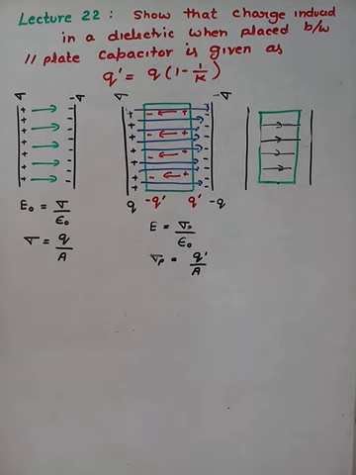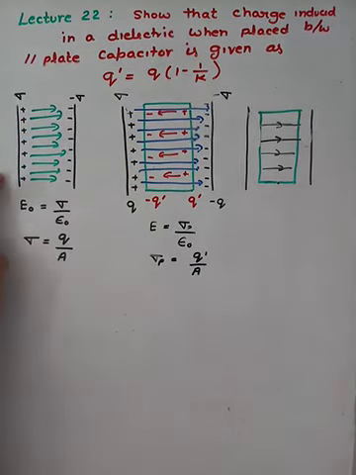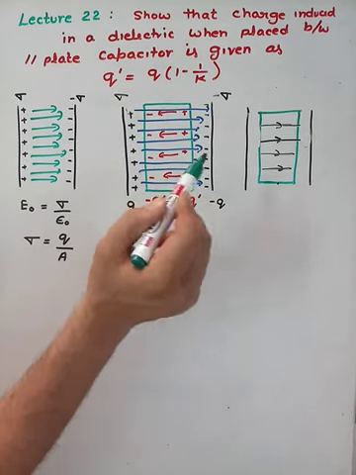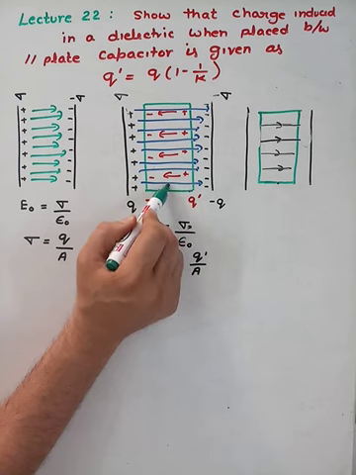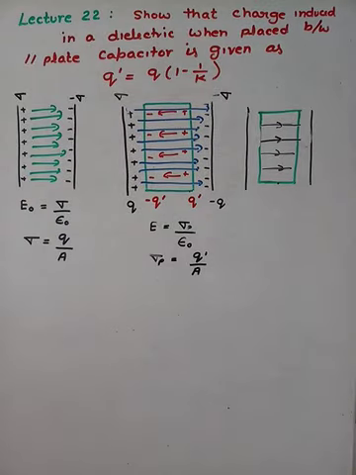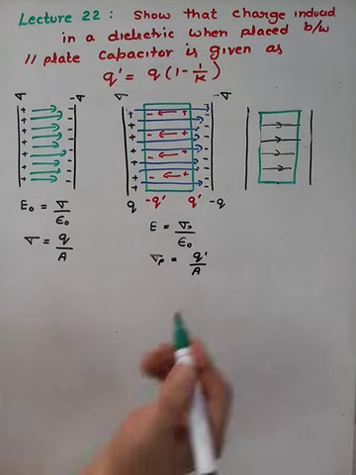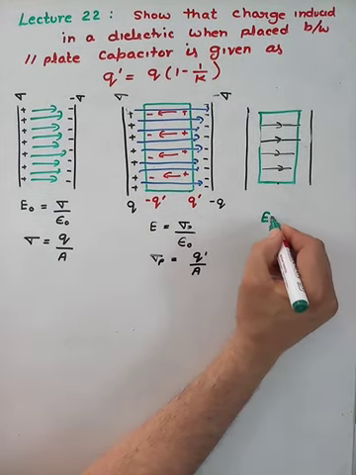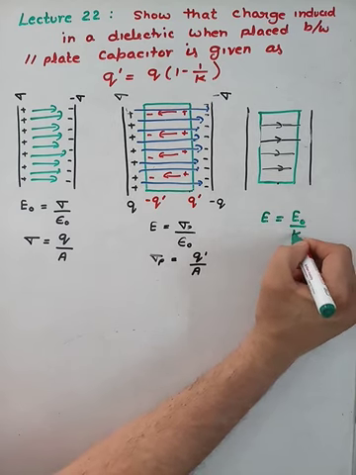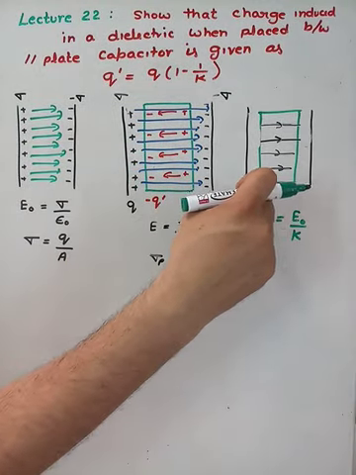Let us make more field lines in free space. This is the field in free space. This red direction of field is due to polarized charge. This blue is due to these plates. This is the net field that remains inside the dielectric after cancellation. This field is the field in the medium. It is denoted by E naught upon K. Net field inside the medium is in the same direction, but it is a reduced field.